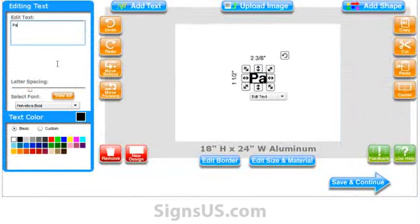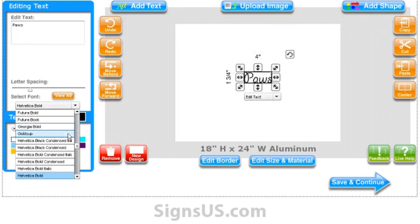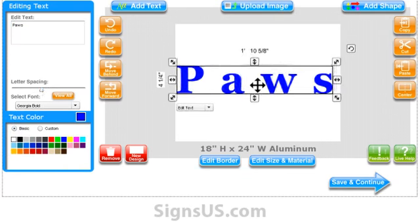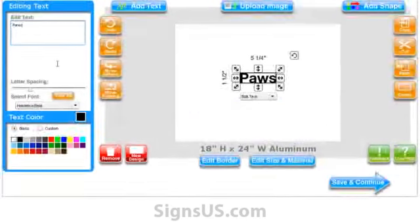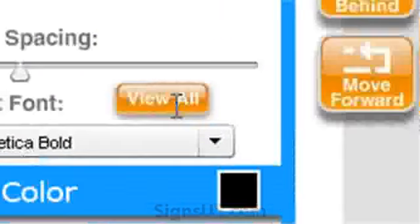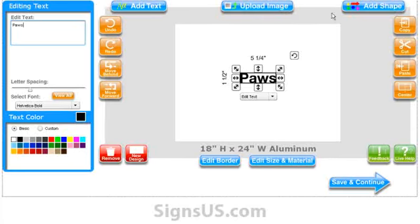Once you've finished typing in the first line, you can then adjust that line of text by changing the letter style, size, color, letter spacing, and the positioning. To preview all the letter styles on one screen, just click on this button that says View All. Once you see the letter style you want, just close this window right up here